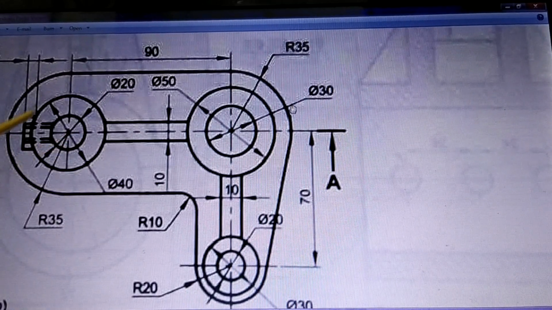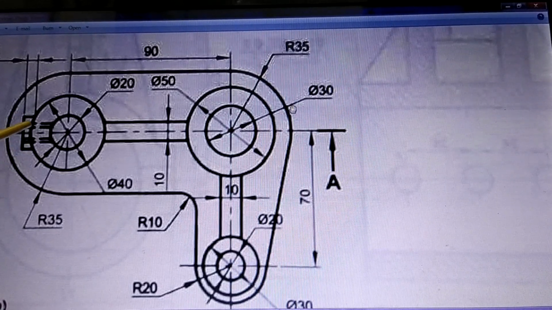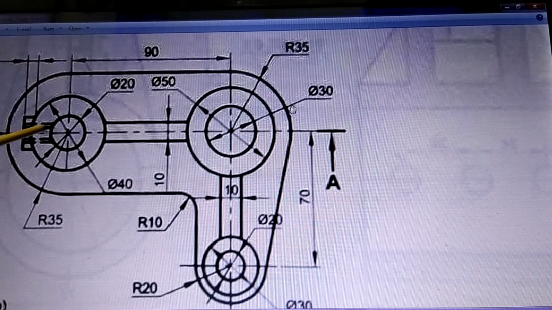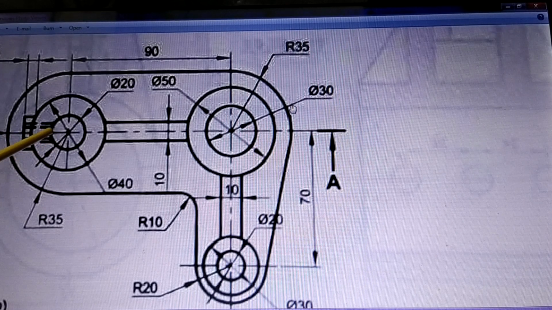Okay, so you create these, and then this part you create, that is a small rectangle, and here these two dotted lines are the meaning of M10, what they are shown. But we are making it as diameter 10, not M10. See, by M10 they mean it is a threading. That means there is a threading here, so the bolt can go inside these threads. But we are not learning these threaded conventions, which is more of a mechanical engineering job. So we are not learning that here. We are taking this as a plain hole of diameter 10. Okay. So 5 mm on the other side, this is drawn.